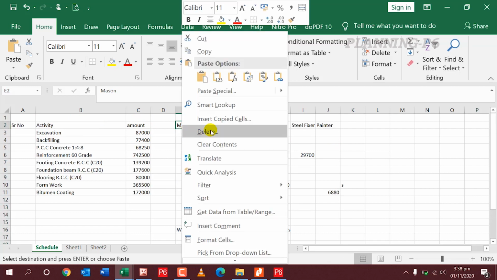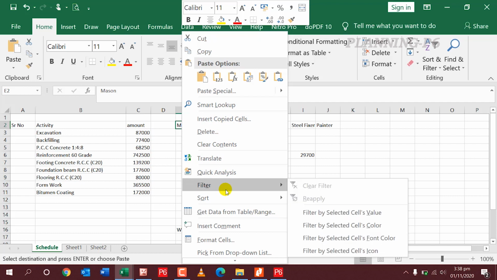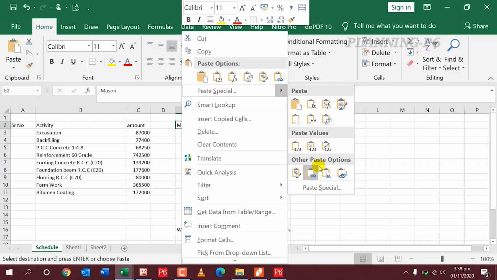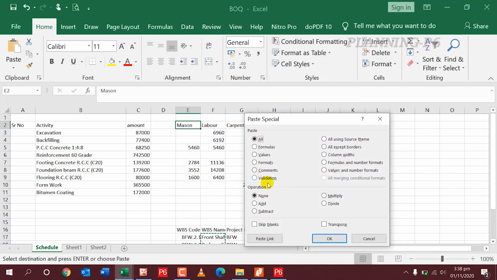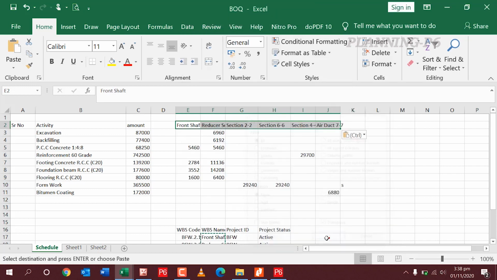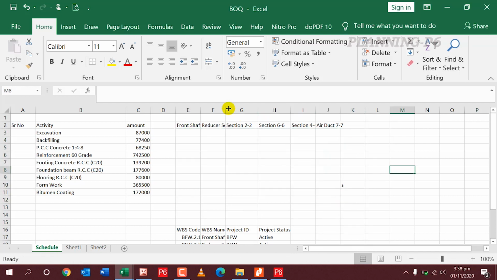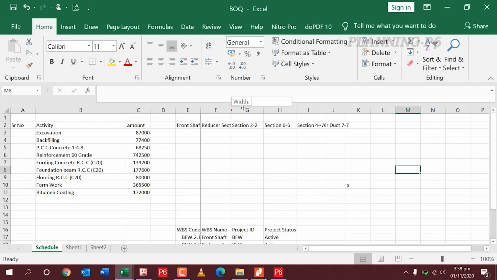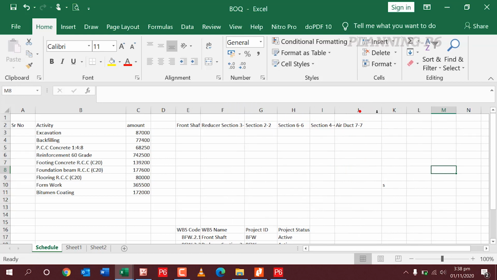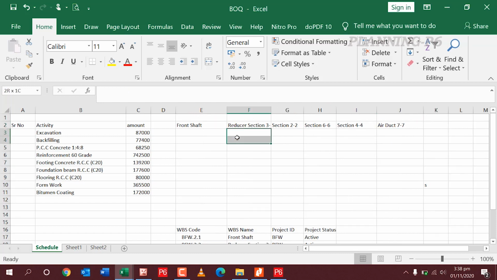You can also import this one with the WBS. So I will bring all my sections here, amounts and sections here.